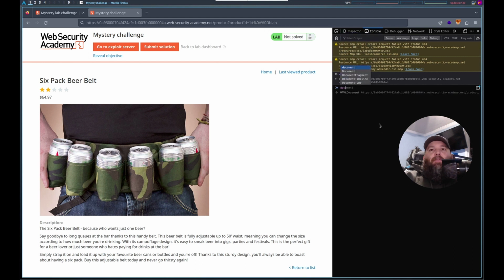So what if we do document.cookie equals blah. How do we do carriage return? Oh, we probably need a semicolon, set cookie. I don't remember this,